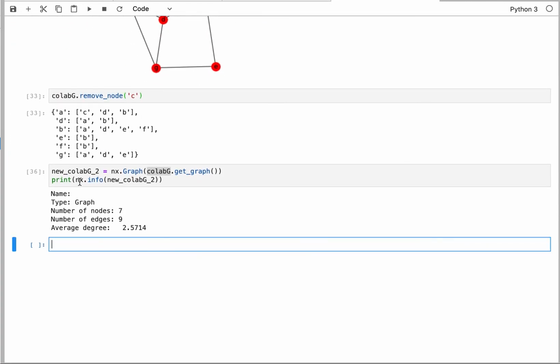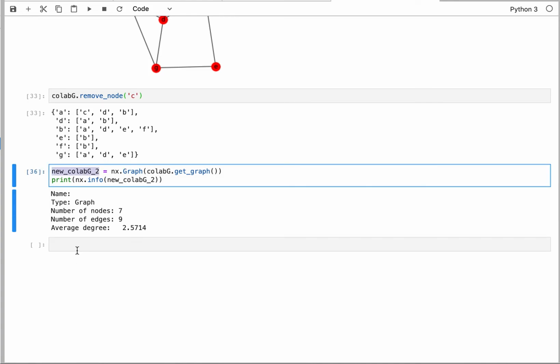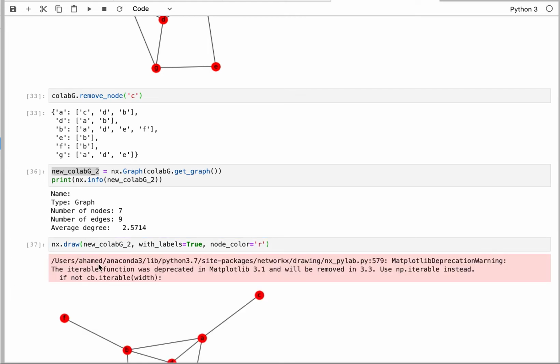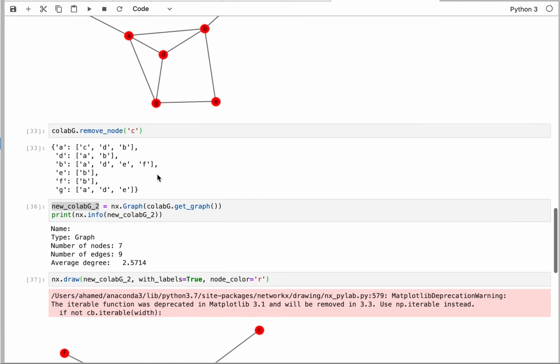Now let's draw, so we can compare the drawing. That drawing will actually make a lot of sense. So we're going to invoke the draw function of NetworkX again, and we are going to draw with labels, so we can see what labels are being drawn. And we want the node color to be red. Okay, as you can see,